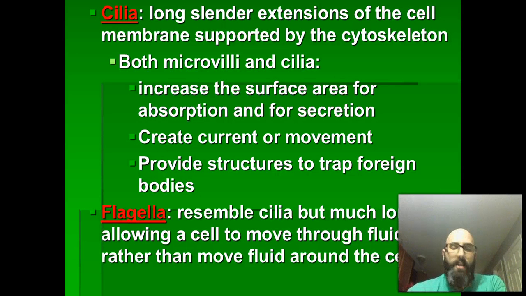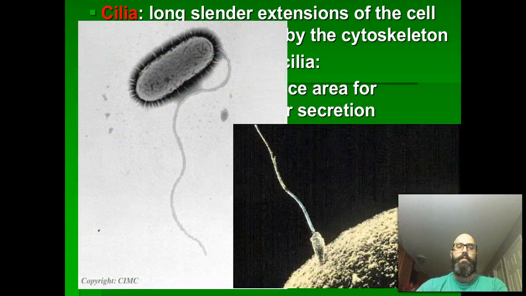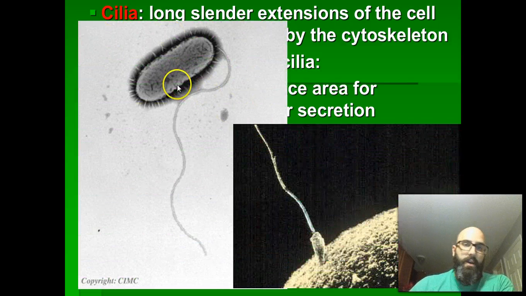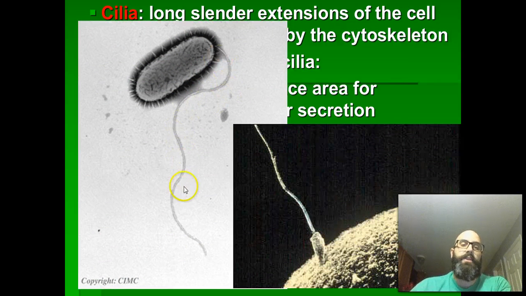We'll get into that later. Flagella. You really don't see them anywhere. They resemble cilia, but they're much longer, usually existing as a single structure. You will see this with sperm cells. You will also see this in single-cell organisms that have flagella in order to project themselves or create locomotion through whatever environment they're living in. So, for example, here's a single-celled organism which has a flagellum. Here's a sperm cell that has one. Here's the ovum. That is the actual act of fertilization.